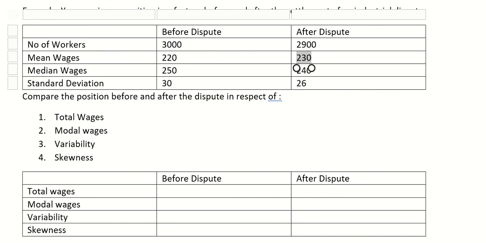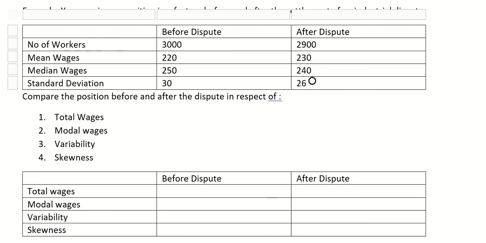So if you will observe this situation, you will see that earlier they were paying less and number of workers were more. So now they are paying more, but they have reduced the number of workers. So basically, factory is also maintaining its expenses. They are paying more, but they have reduced number of workers. It means they are getting more work done from the workers. From limited workers, they are getting more work done.